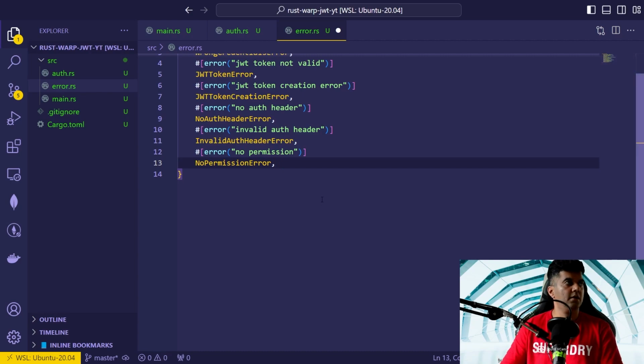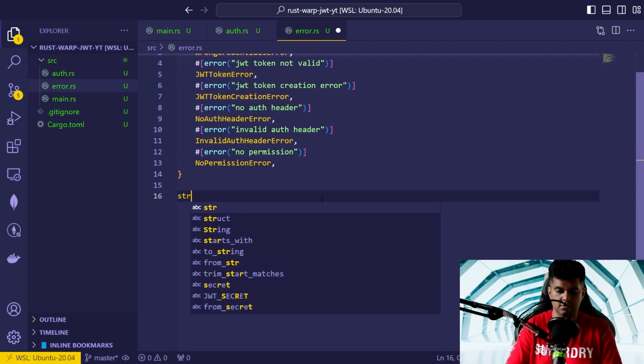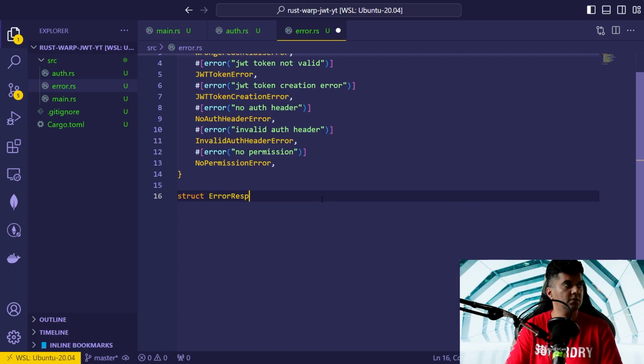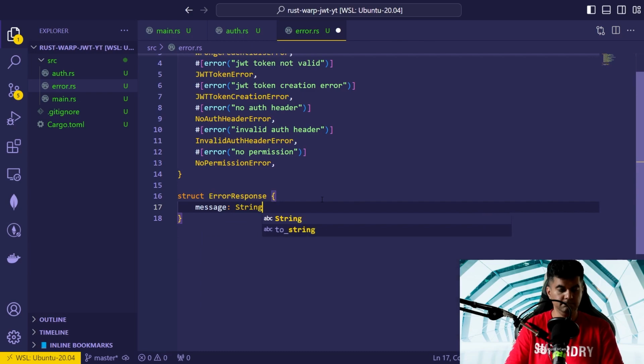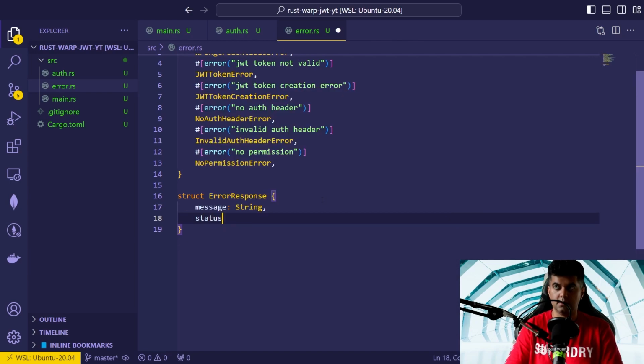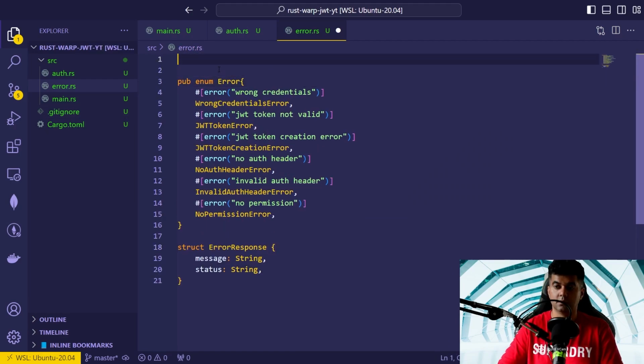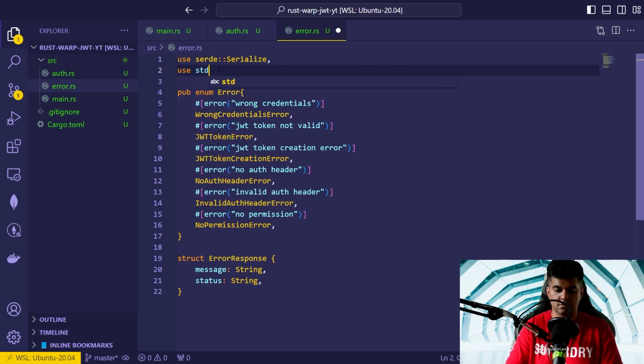So what does the error response look like? I'll say struct ErrorResponse looks like this. You have message, which is a string, you have status, which is a string, and in the beginning you'll say use serde Serialize, use std::convert::Infallible,